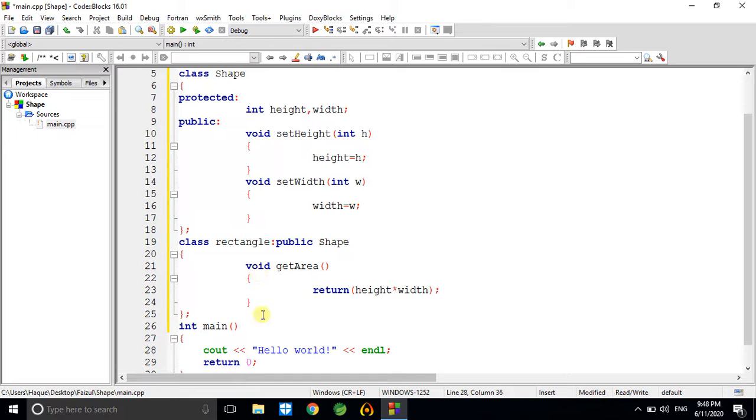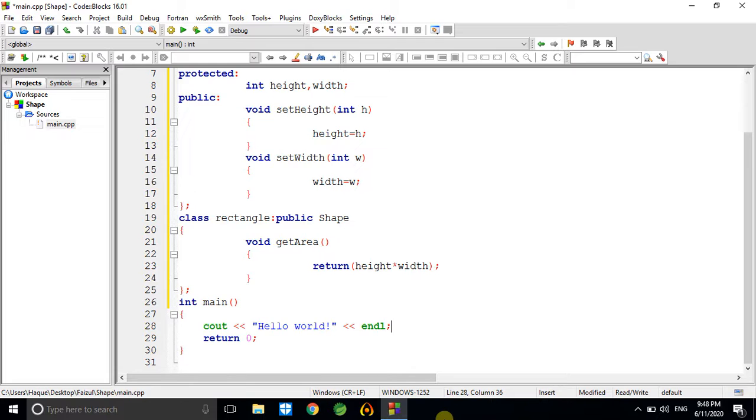Okay, so now I don't want to define some other member function. If you want, you can write it for Rectangle. Now we are going to create the object. The point here is, object for which class? This is the base class, Shape, and this is our Rectangle. For which class are we going to create the object? Remember, if you use an object of Rectangle, it will be fruitful for us. So let's create one object for Rectangle.